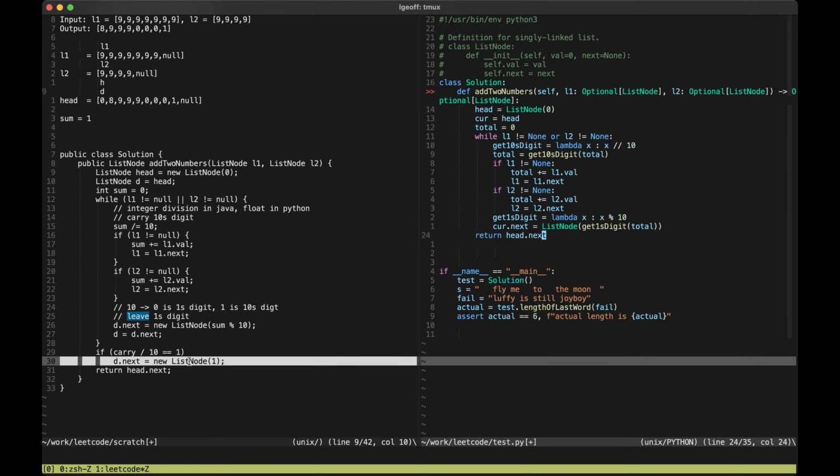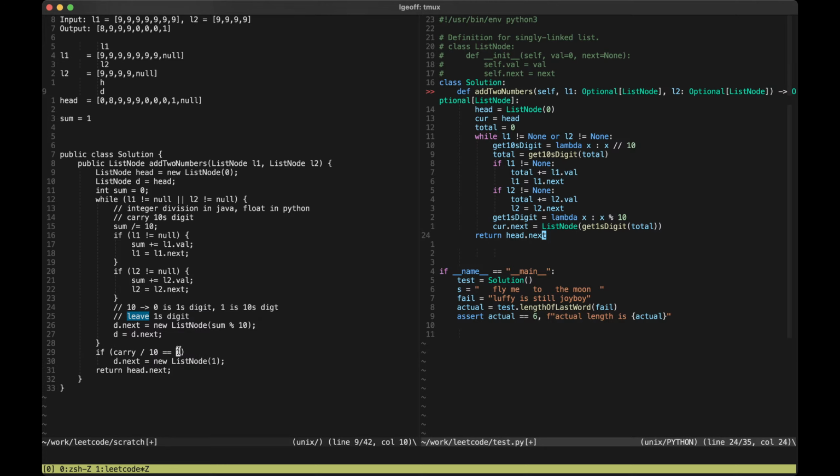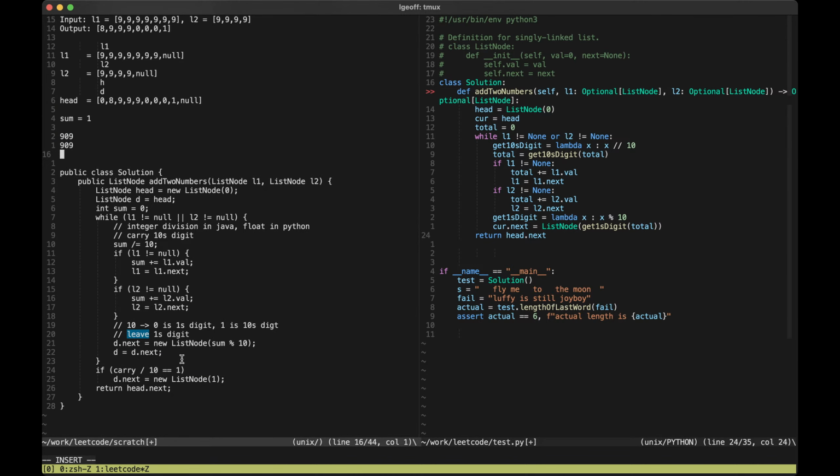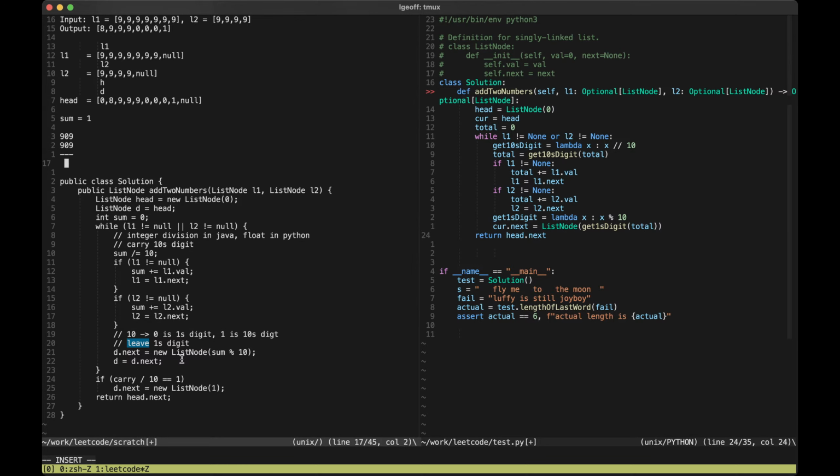Let's think. Oh, this is the case where, let's give an example. So like 909 plus 909. So 8, carry the 1. 1. 18. So 8, and so there's a 1 remaining after we exit the while loop. In this case, so with that 1 remaining,